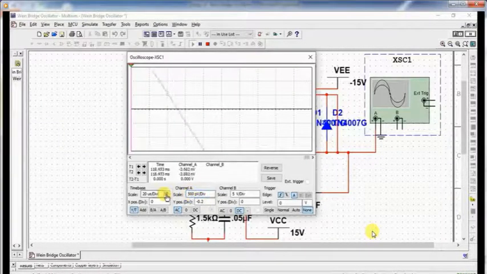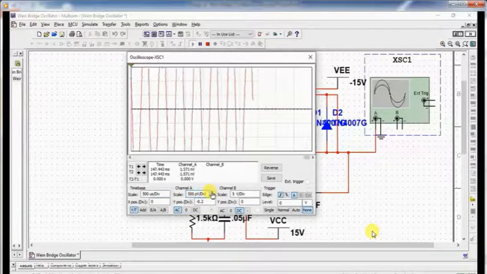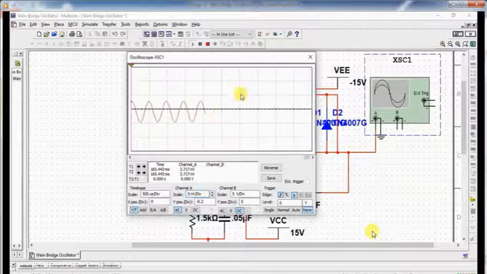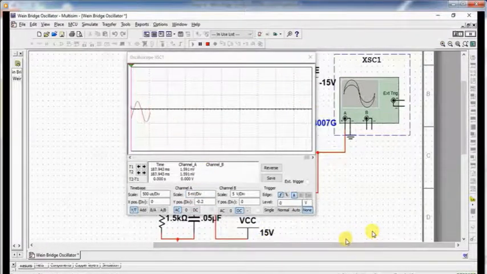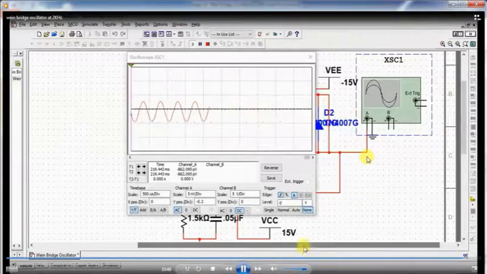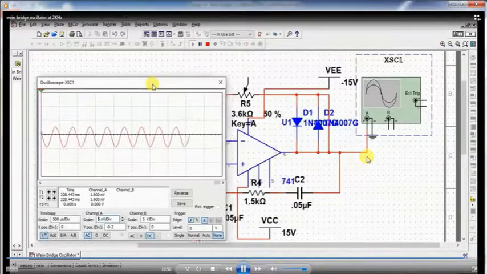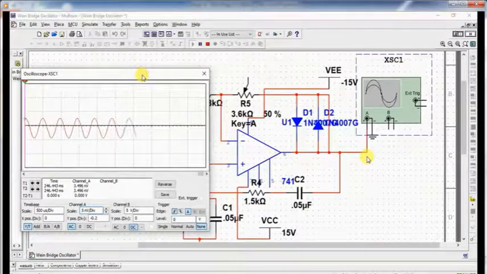So see here, the output is shown here in the form of a waveform. So this is your perfect sine wave. This is the output. Now you can see the output result in the form of a sine wave without any distortion.